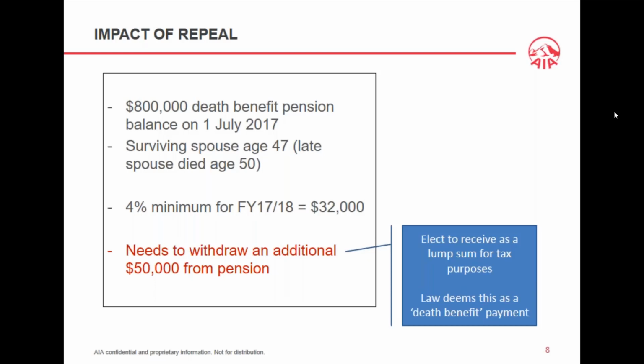Now, those principles equally apply to those clients on your book that might currently be, or that were in death benefit pension phase pre-30 June 2017. All right, so there's no discrimination based on the commencement dates of the death benefit pension. And as you can see here, there's a significant opportunity for you to add value for clients in circumstances where they need additional access to capital over and above the prescribed 4% minimum for that prevailing financial year.